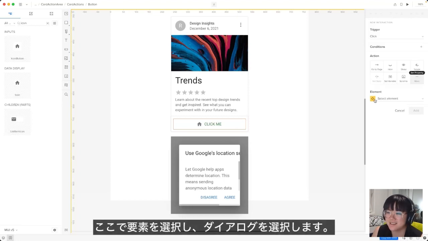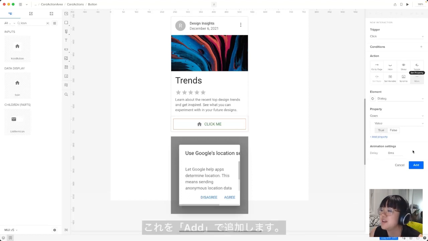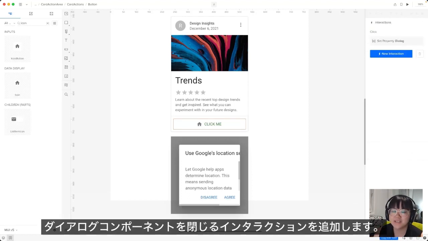Now here we'll get to select an element and we will select the dialog, and the property is open, and we'll set it to true because we want it to open when the button is clicked, and then we'll add it. So now we've got the interaction set up one way, and we'll set up a closing interaction from the